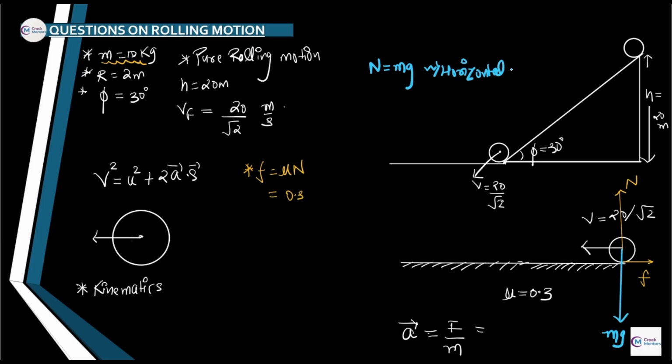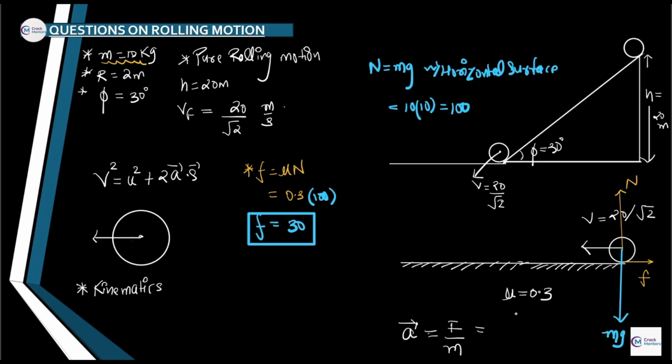I am hoping that you are getting my points. Okay. Now, what is the mass of the body? If there is nothing mentioned about gravity, then we are going to take 10 for easy calculation purpose. Then the normal reaction is 100, and the friction has the value which is equal to 30.